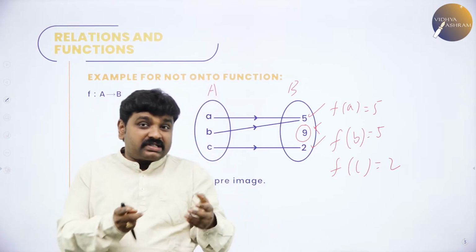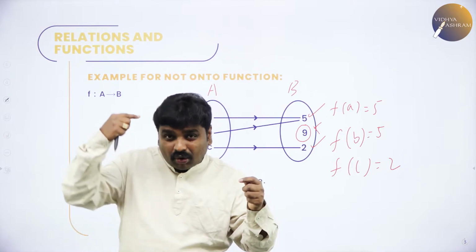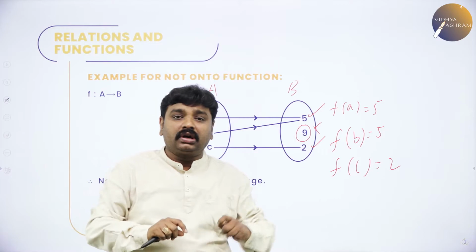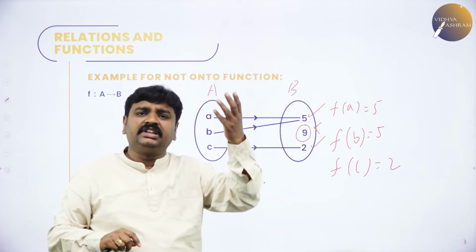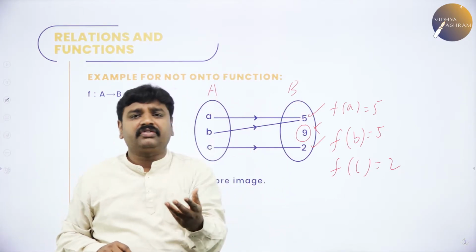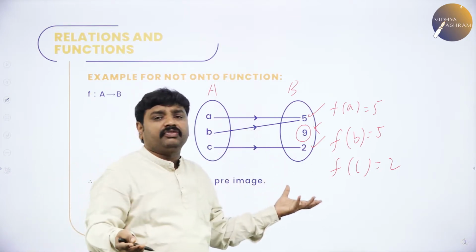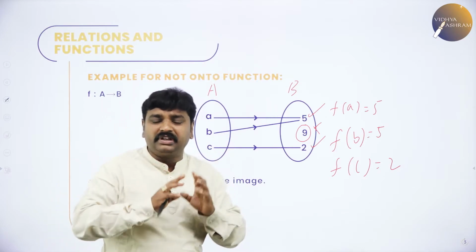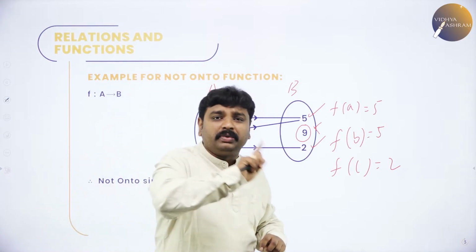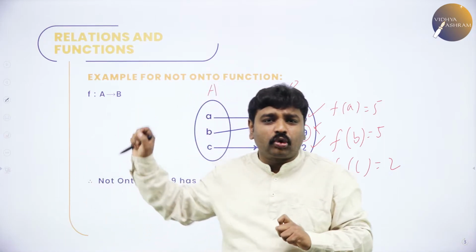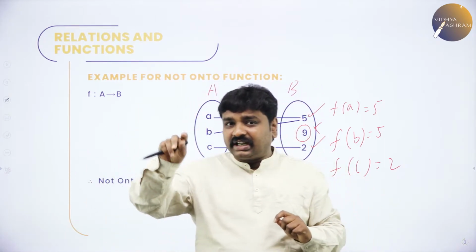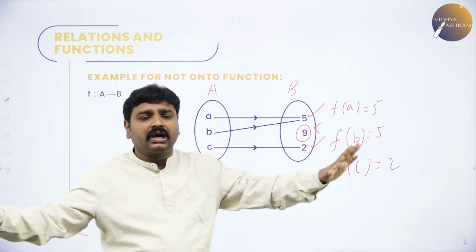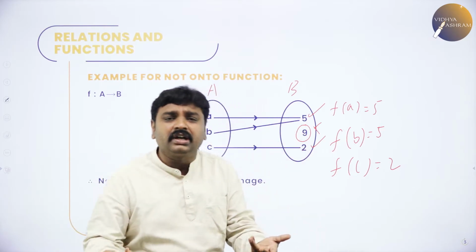So I am repeating, this is the concept class. If you get the concept into your head here, then you can decide whether it's one-one or onto or not in many other problems. We have greatest integer function, modulus function, trigonometric functions, inverse trigonometric function, different types of functions are there. But to know whether any function is onto or not, first you should know the basic. What is the basic? A function f maps A to B is said to be onto function if every element in codomain acts as image. That is, every element in the second set must act as image. If any one element is not an image, then it is not onto. Look here, 9 is not an image, therefore it's not onto.